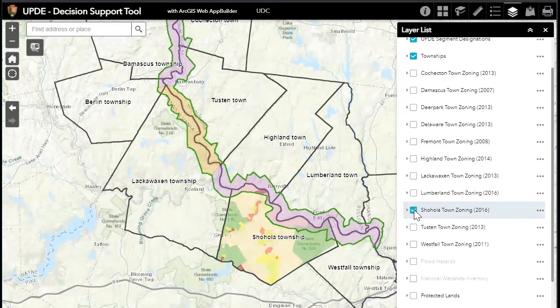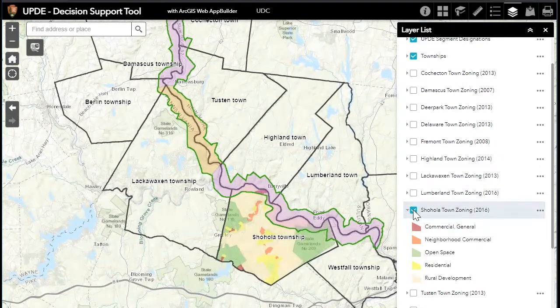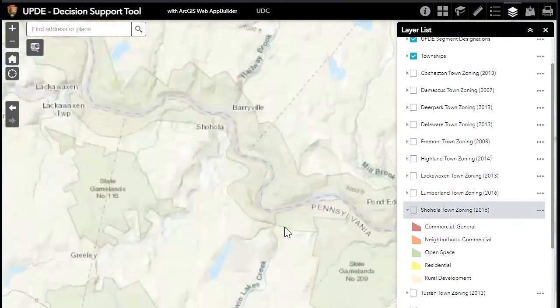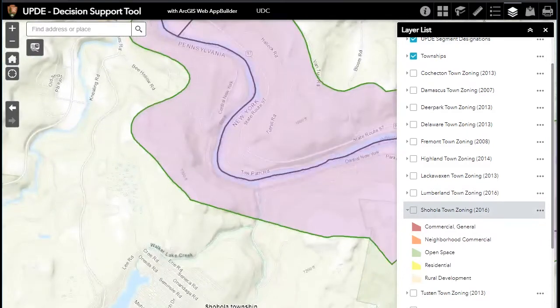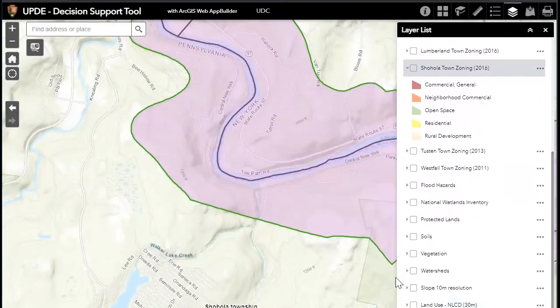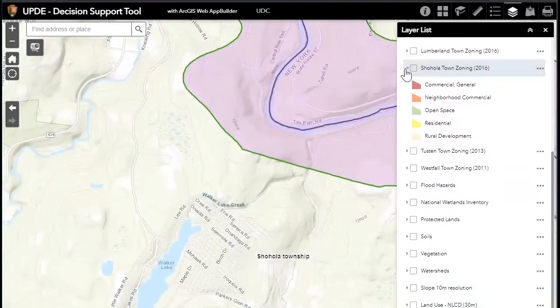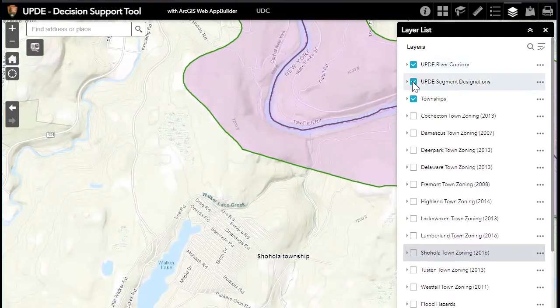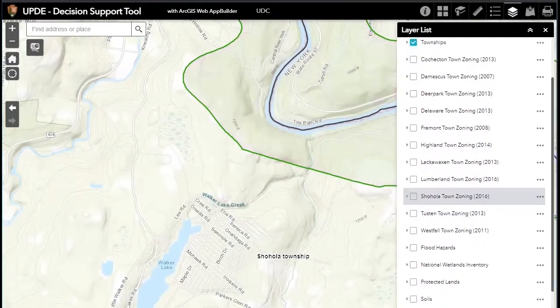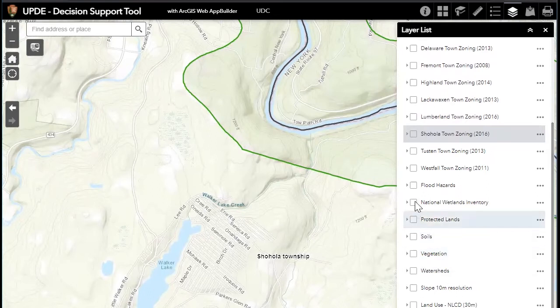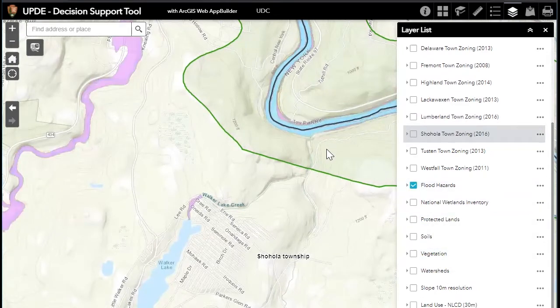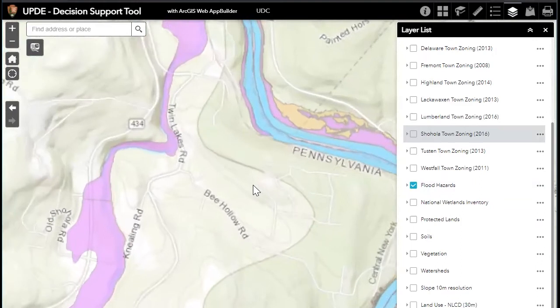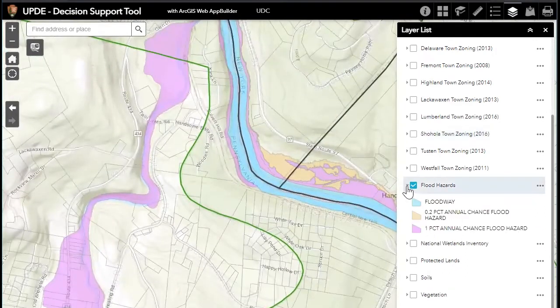To turn layers off and on, you just check the box next to them. And if we continue to zoom in, you'll start to see some of the layers that were not visible before, that were grayed out, are now showing up. So I'm just going to temporarily turn off the segment designation so that we can see some of these other layers. For example, we have FEMA flood zone hazards, where you can see the floodway,